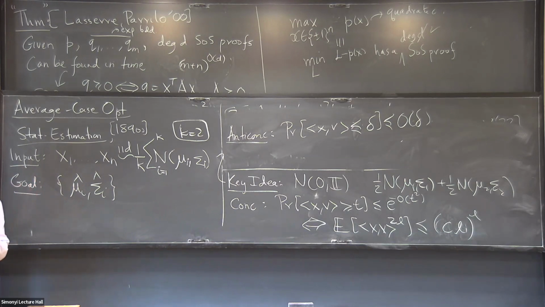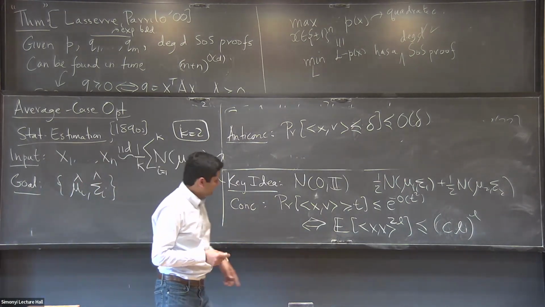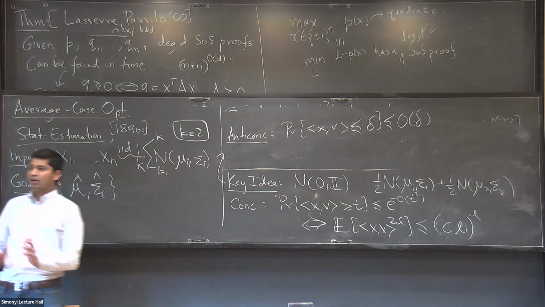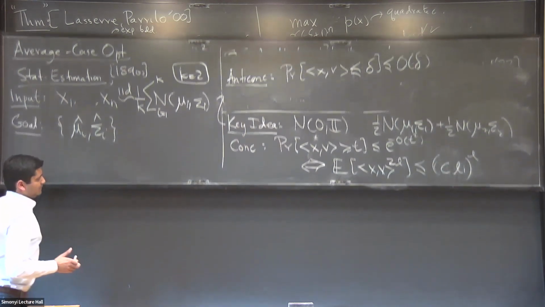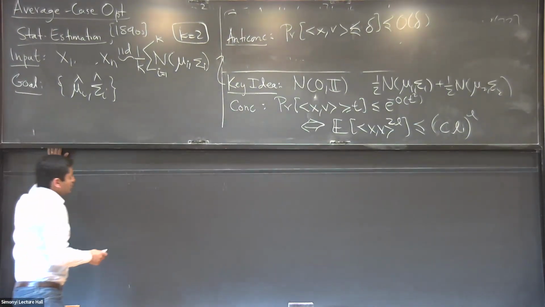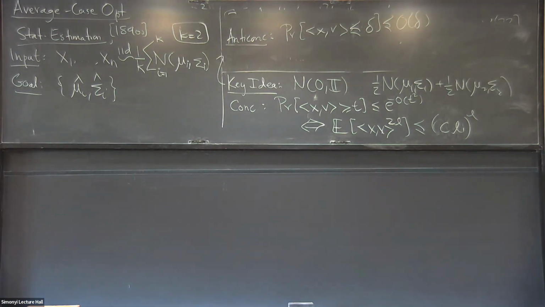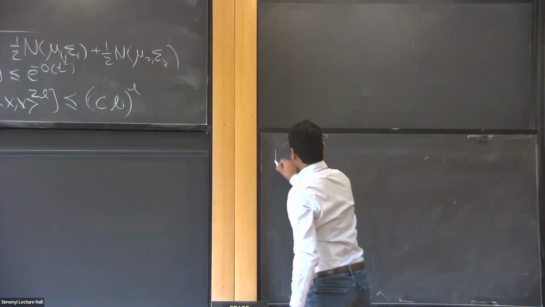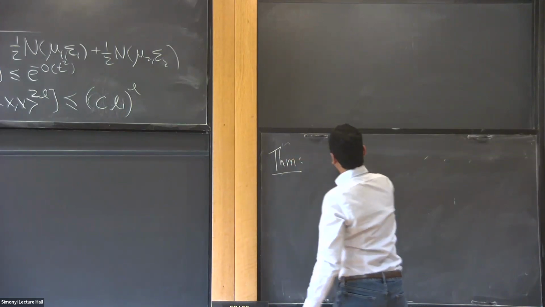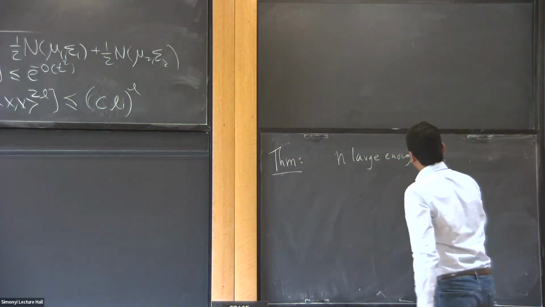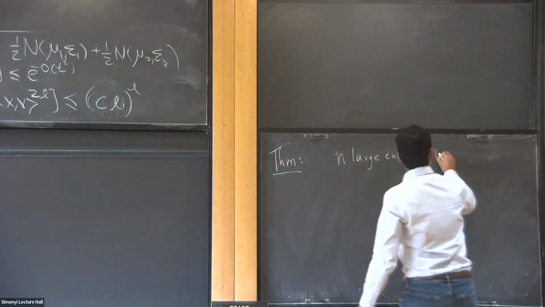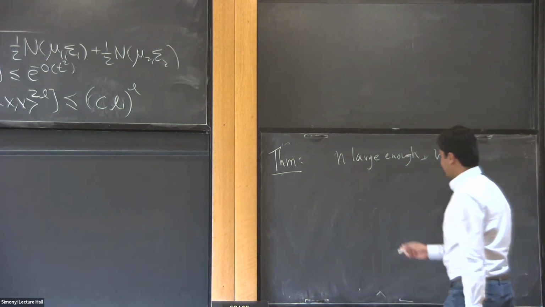How might I find this direction? But here's the key idea. It turns out that the property of being concentrated has a low degree sum of squares proof. Here is a theorem. If n is large enough, if the number of samples is large enough, then with high probability over the draw of the samples,